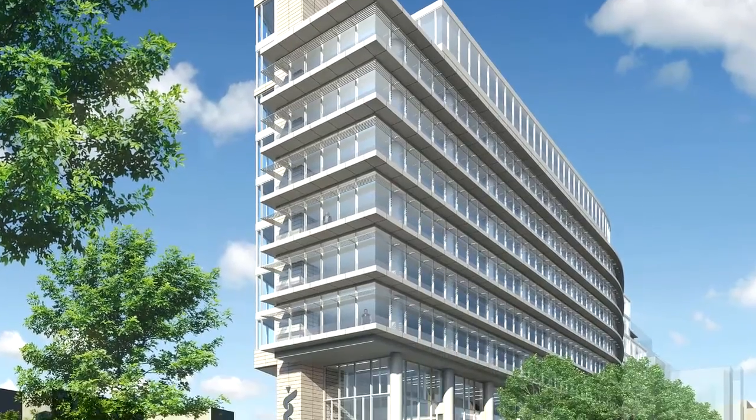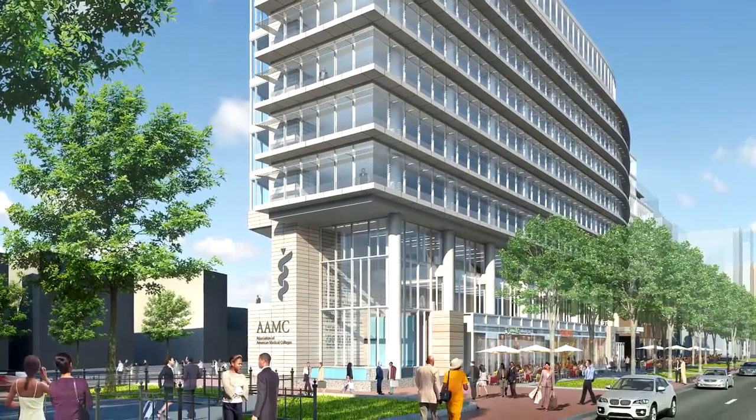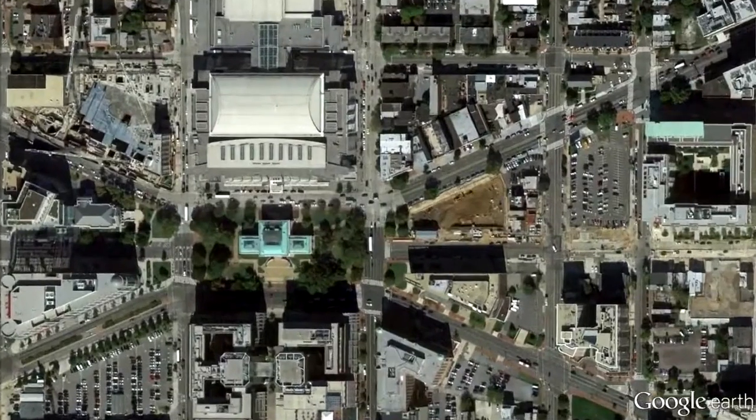I'm Shalom Baranes. I'm a principal here at the architectural firm Shalom Baranes Associates, and we are the architects for the headquarters building for AAMC. This is a site that's in a very special location, carries a lot of urban responsibilities with it, both associated with its location relative to Mount Vernon Square, as well as all of the issues we had to deal with